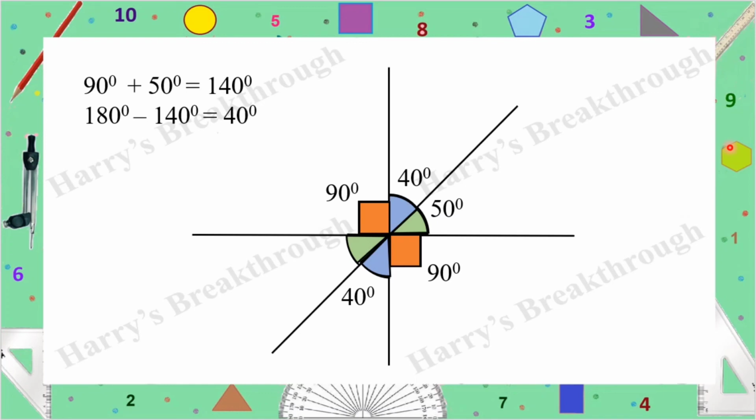So this is our first unit, that is adding angles. In this unit, we studied linear pairs and how to find the angles in a linear pair. And we have studied that the sum of angles in a linear pair is 180 degrees and opposite angles are equal. Okay, so here we completed our first unit.